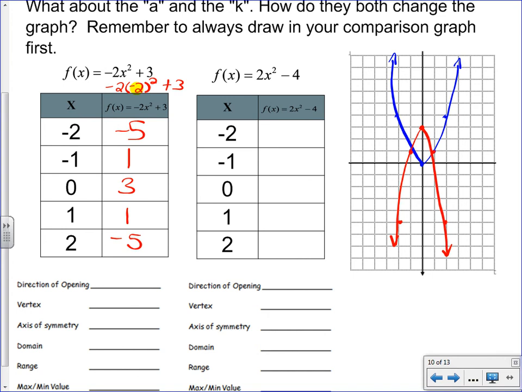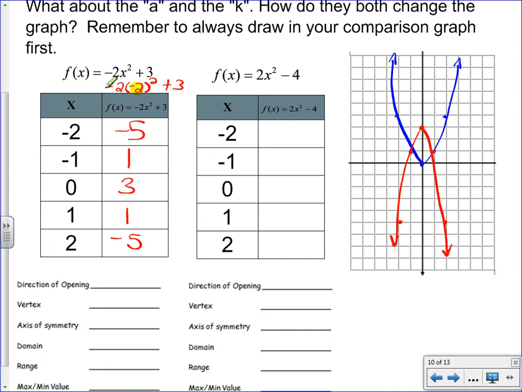That's what my graph looks like. So right away, when you start seeing the equations, you should be able to see: does it open up or down? It has a negative sign, it opens down. Will the graph be stretched or compressed? It's going to be stretched. Will it be shifted up or down? The +3 says it goes up. So my direction of opening here,